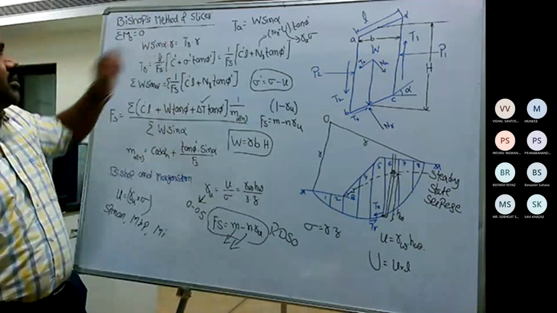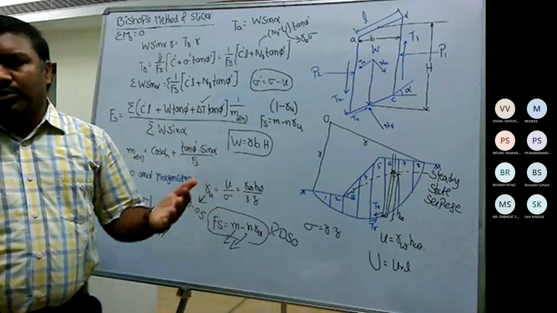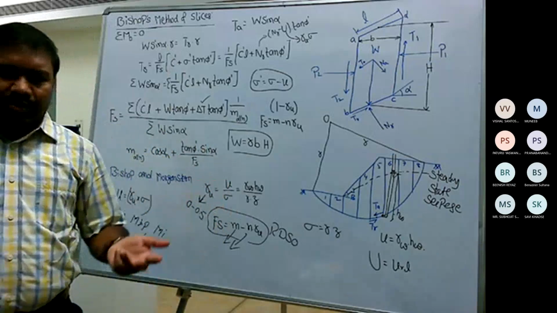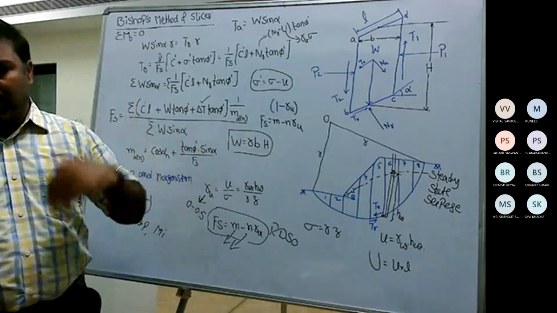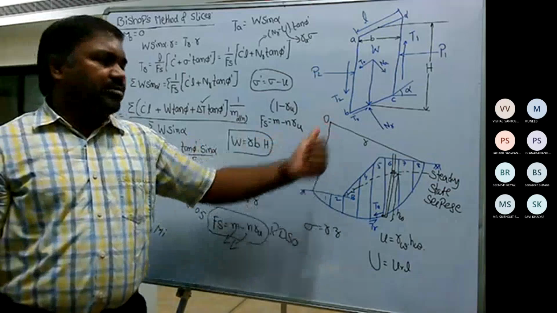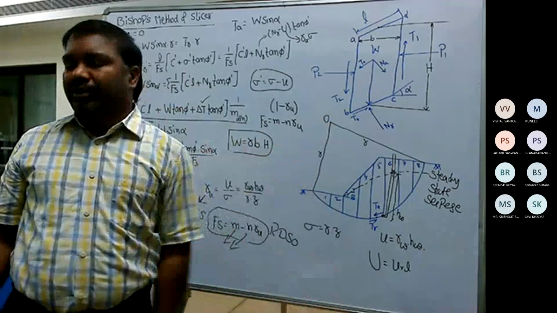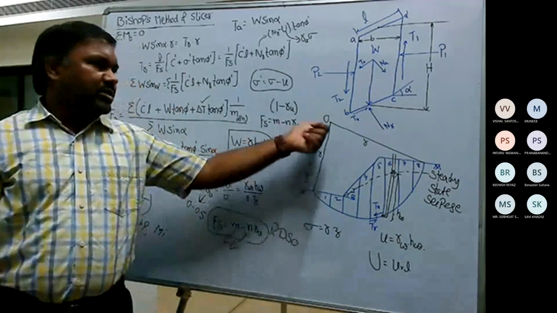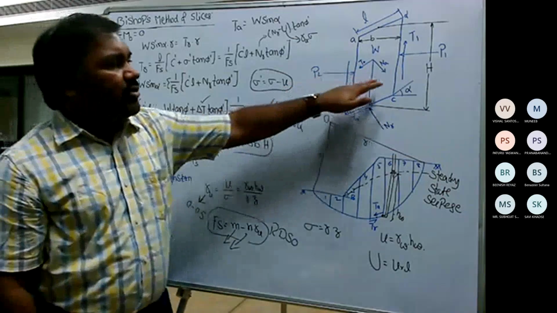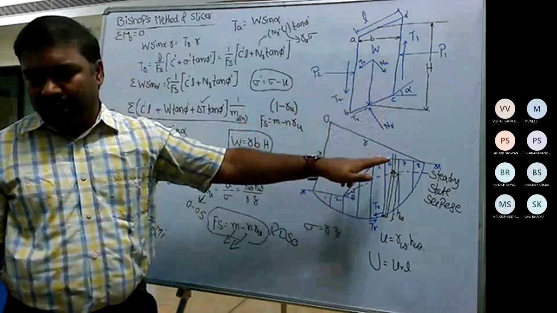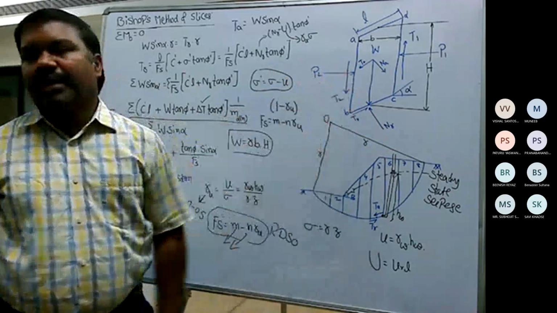For example, if you look at Bishop's method, out of the three equilibrium equations, sigma M equals 0, sigma V equals 0, sigma H equals 0, he has considered only two equilibrium equations: summation of all the forces in vertical direction is 0, and moment about the center of the circle is 0. But some people also tried to use all three equilibrium equations. So moment about the center of the circle is 0, then they also take summation of the horizontal forces as well as the summation of the vertical forces, and further simplify to better determine delta P and delta T.